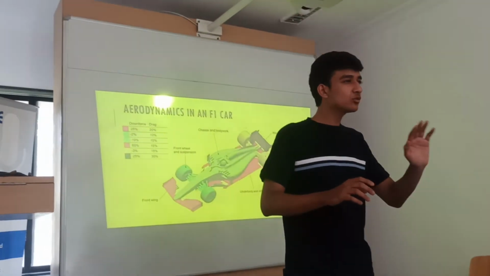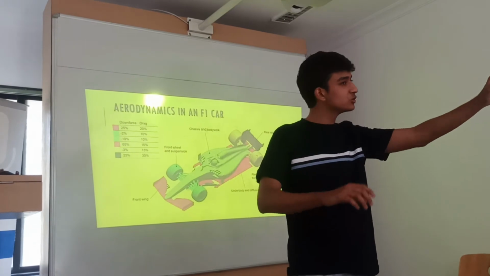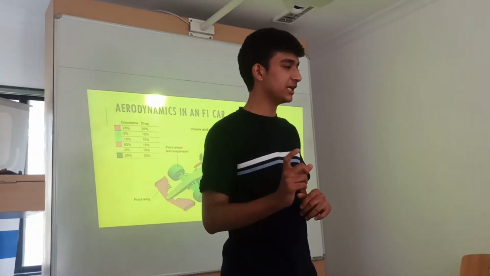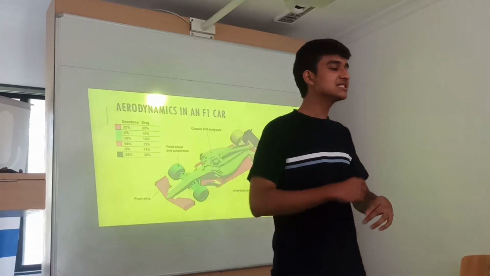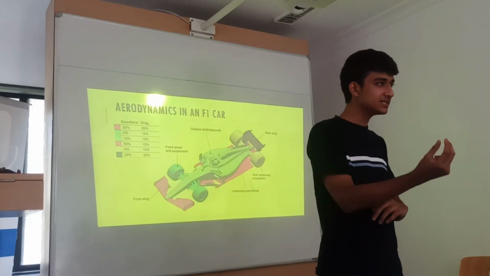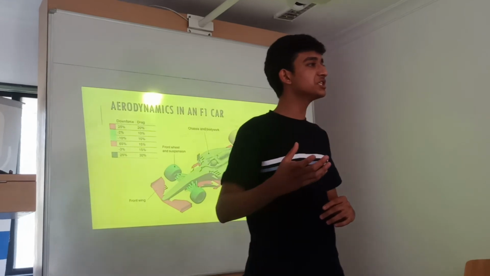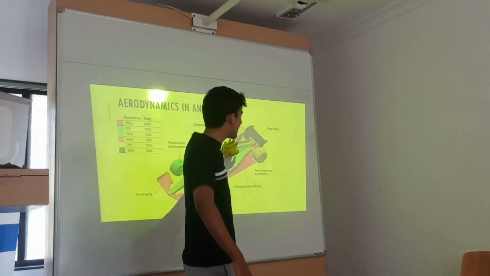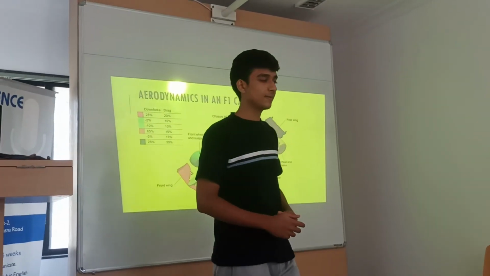An F1 car contains around 90 to 95% of the simple petrol that we use in our road cars. There is only a 5% difference in the fuel. It contains high octane and a few other components, which increase the efficiency of the fuel. It will deliver more energy to the engine and increase the speed, no doubt.